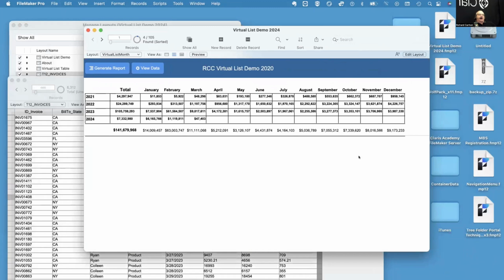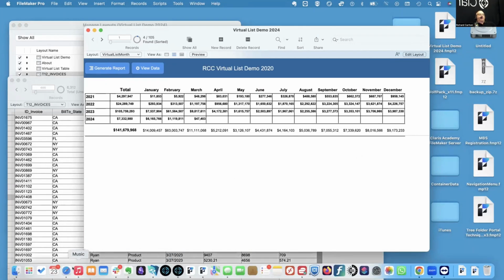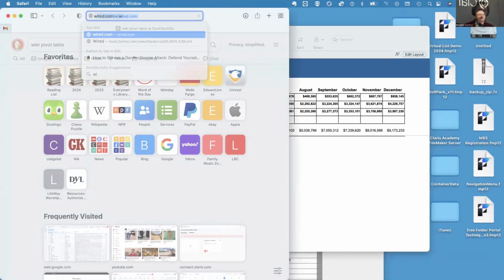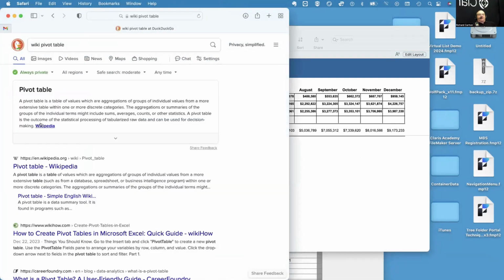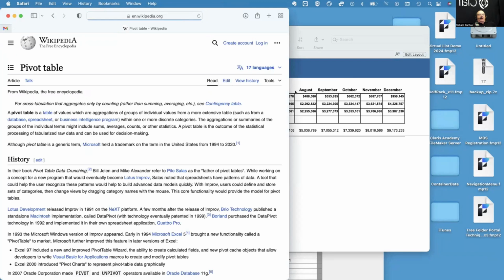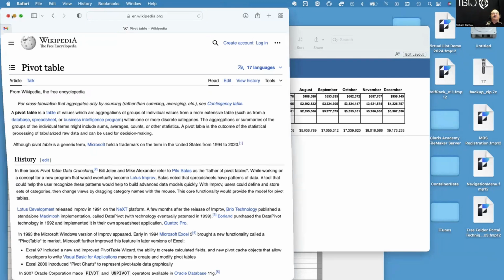Can you just go to a browser, type wiki, and type the word pivot table and see what it gives us for a definition? Let's see. Pivot table is a table of values aggregated by counting rather than summing, average, and a pivot table aggregation groups a more extensive database with one more discrete category. Yeah, so the short version of what they're saying here is that if you go back to your database over here,